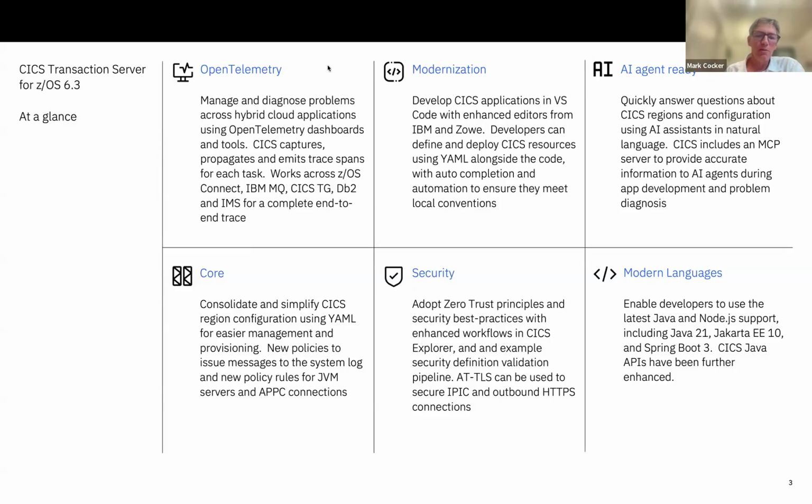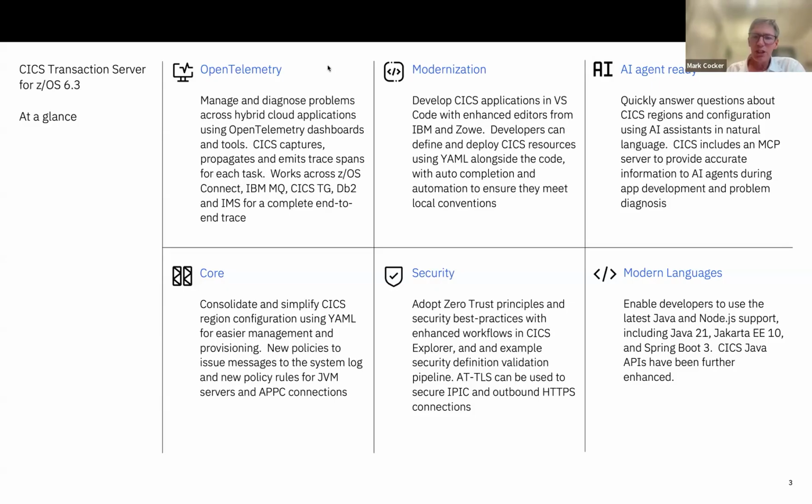So the other thing to point out there is that tooling can actually be used in lower releases. So if you just order CICS 6.3 or 6.2, in fact, you can use some of the JCL that we provide just in the installation, and you can export information from RACF and start to use that tooling. So you don't have to actually be using CICS in production to take advantage of some of that.